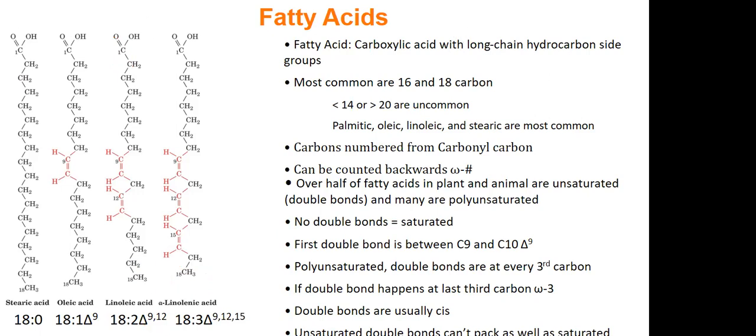All right, so some more common things about fatty acids. Your first double bond is usually at carbon 9. As you can see here in our 3 examples, they all first appear at carbon 9. If they're polyunsaturated, that is, if you have multiple double bonds, they're usually going to be spread 3 carbons apart. So 9, 12, 15. And these double bonds are usually cis double bonds in that the CH2s are usually on the same side. So they're usually not trans, they're usually cis. And lastly,